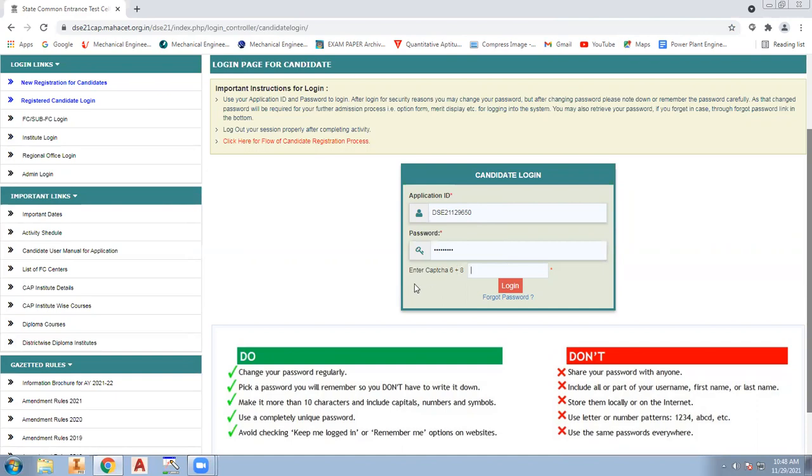Add the CAPTCHA by adding the given numbers or subtracting the given numbers. Then click on login.